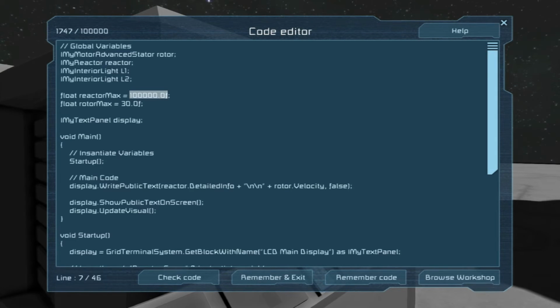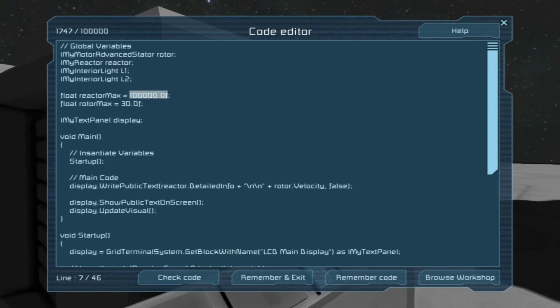I'm using a large one because a small reactor spinning wouldn't really make a whole lot of sense in my opinion. But also mods. The mods that I'm using, like in my current Let's Play, for example, it does something like gigawatts or whatever, like 20 gigawatts. So it's like 20 million instead of 100,000. So you have to take that into account because it's going to affect the overall percentage.